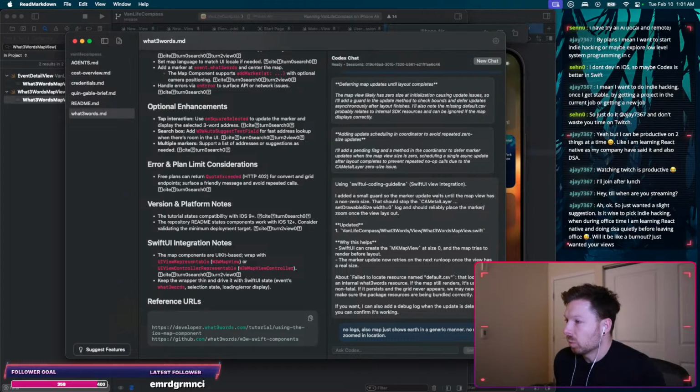Okay, so just wanted a slight suggestion. Is it wise to pick indie hacking when during office time I'm learning React Native and doing these quietly before leaving office? Will it be like a burnout? Just wanted your views. Oh yeah, I mean,